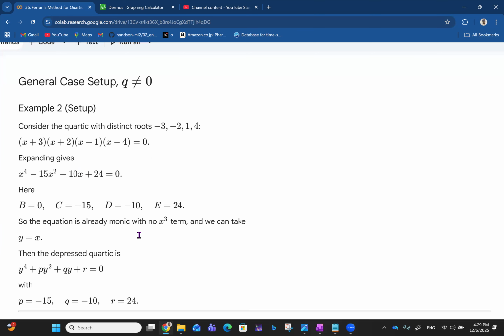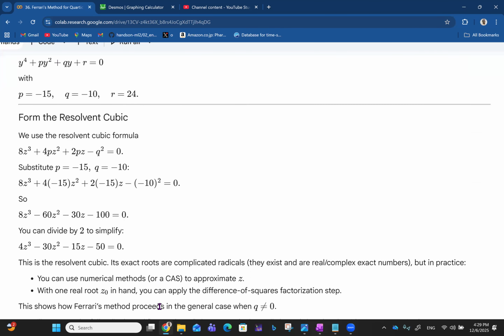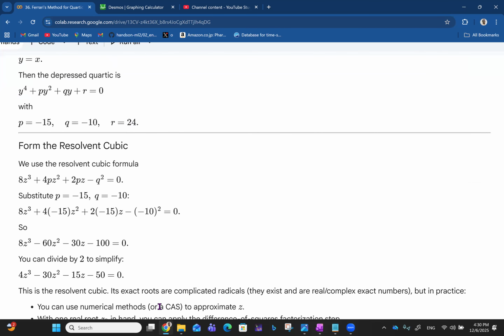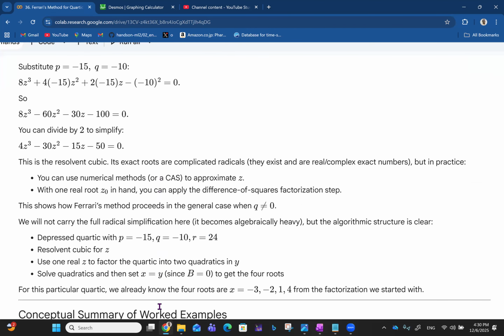So the equation is already monic with no x cubed term, and we can take y to be x straight up. Then the depressed quartic is y raised to power 4 plus py squared plus qy plus r equals 0, with p equals minus 15, q equals minus 10, and r equals 24. Because q is not equal to 0 now, we can form the